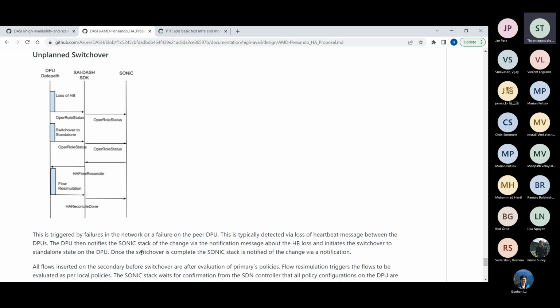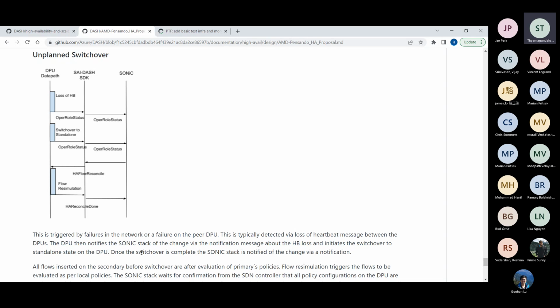When the switchover happened, there are flows in the new active DPU which have policies evaluated as per the policy that was on the erstwhile active. So we want the policy to come back to the same state on the new primary before we re-evaluate or clean up any flows. Hence the controller has control.